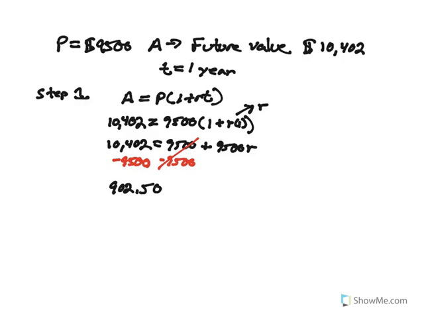Okay? And that's going to equal 9,500R. And then we divide both sides by 9,500. These cancel. You bring down the R, bring down the equal sign, and then 902.50 divided by 9,500, okay, I got